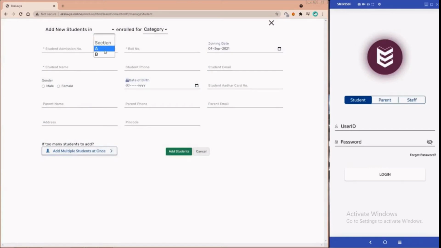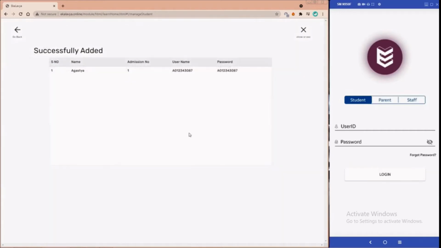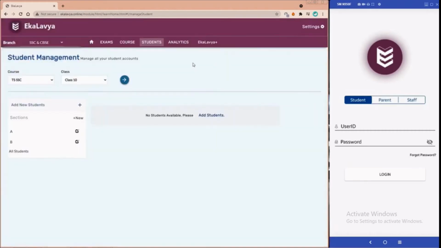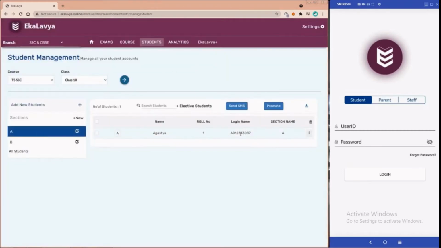Now select the add new students section, select the enroll category, give the student admission number, roll number and student name, which are mandatory. Click on add students. Your user ID and password would be generated. Same way,